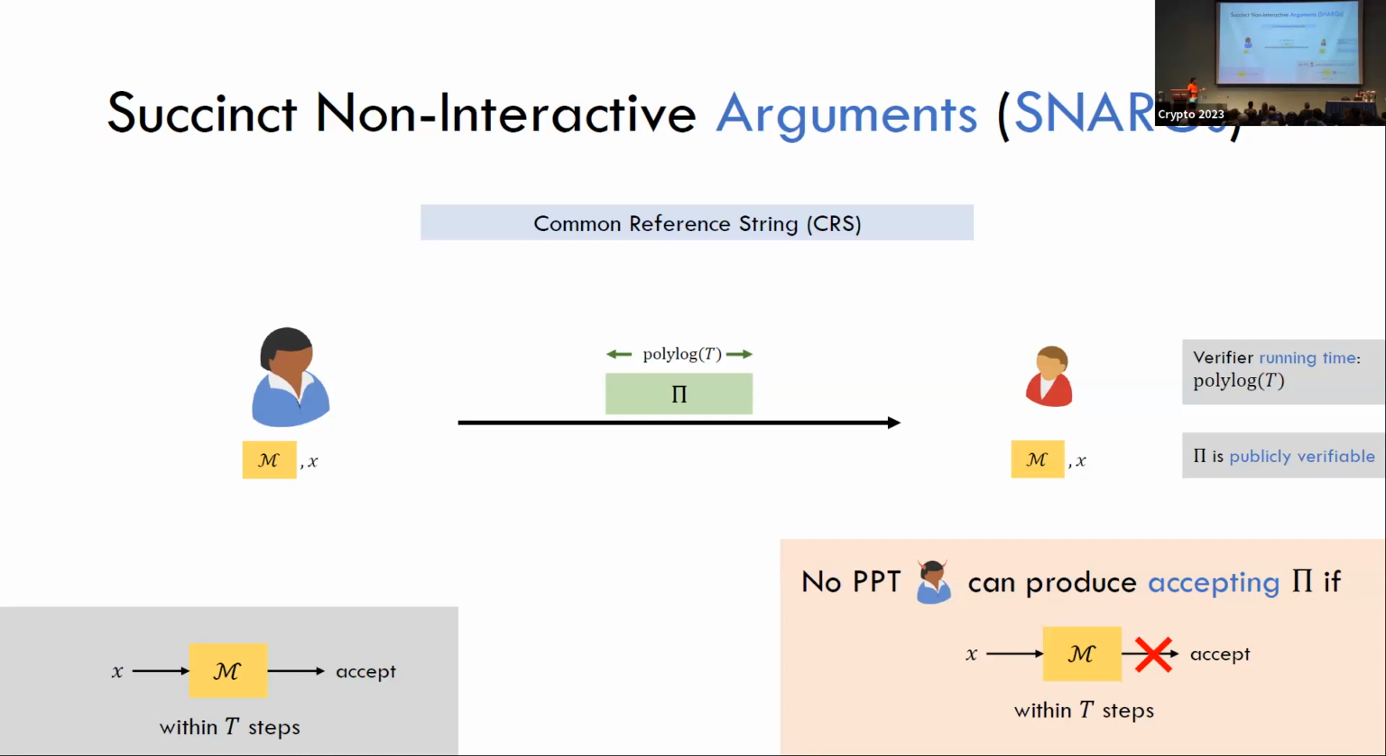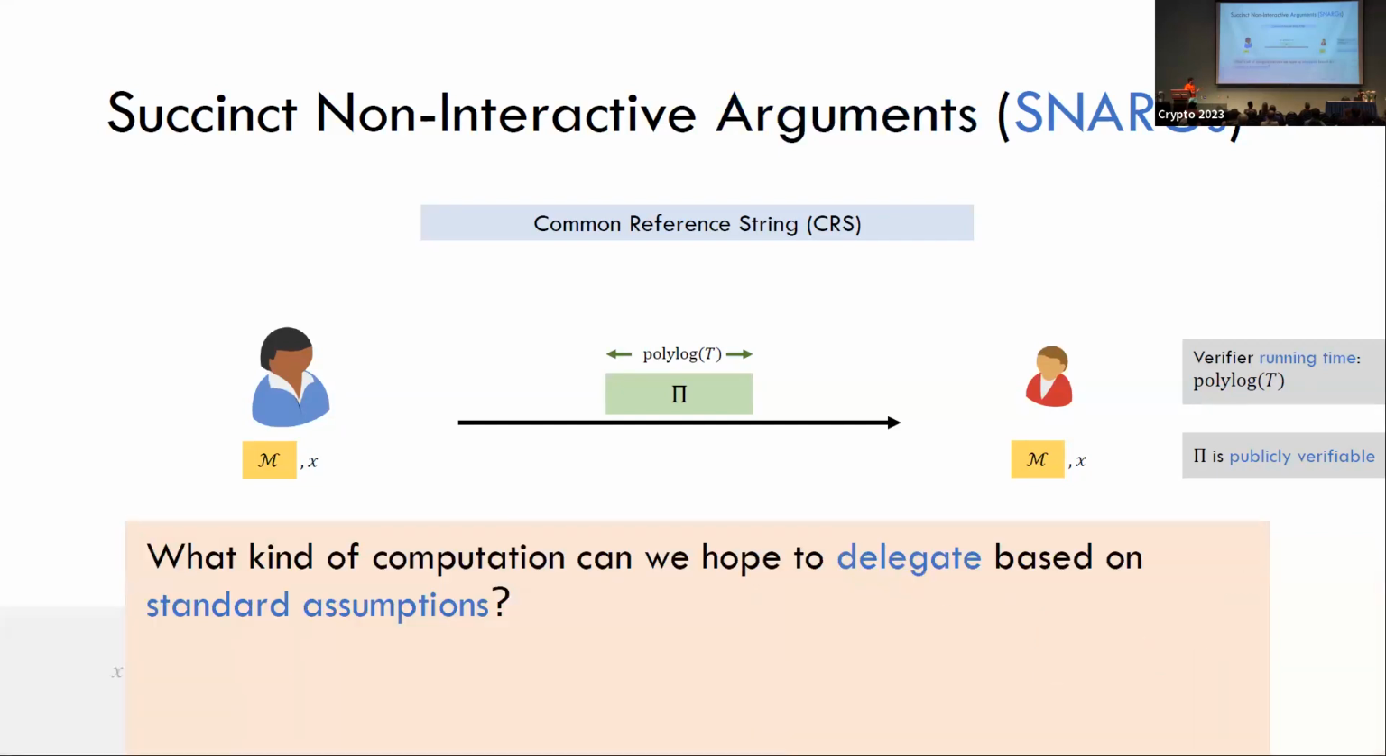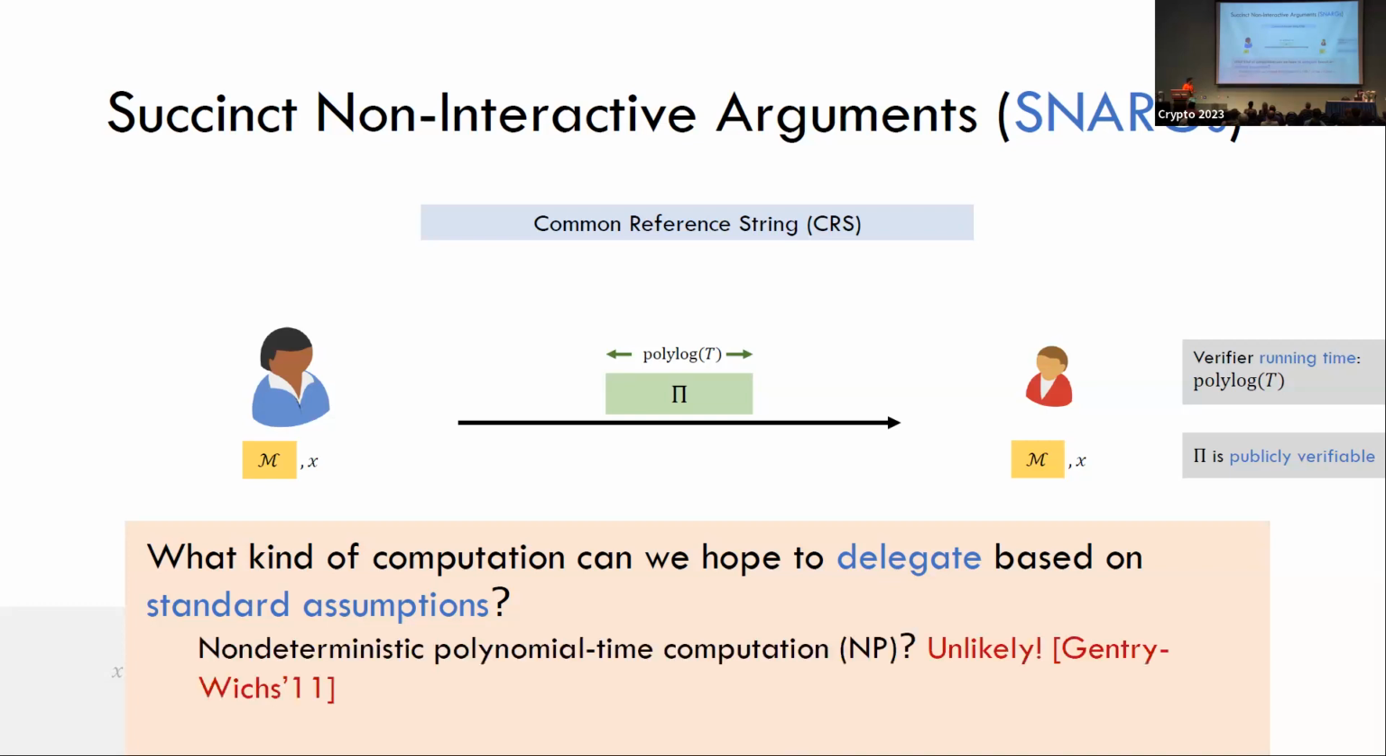In fact, we require something stronger, that this should hold even if Alice is allowed to pick the statement. So given this notion, it's natural to ask, what kind of languages can we hope to build this for? Let's start off being optimistic. Can we hope to do this for all of NP based on standard cryptographic assumptions? Unfortunately, this really wonderful work of Gentry and Wichs showed that this is unlikely to happen under some notions of